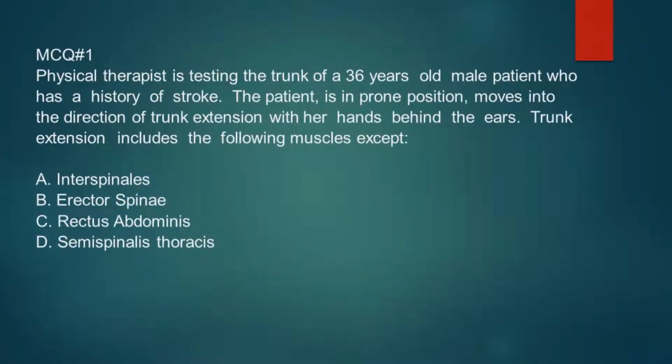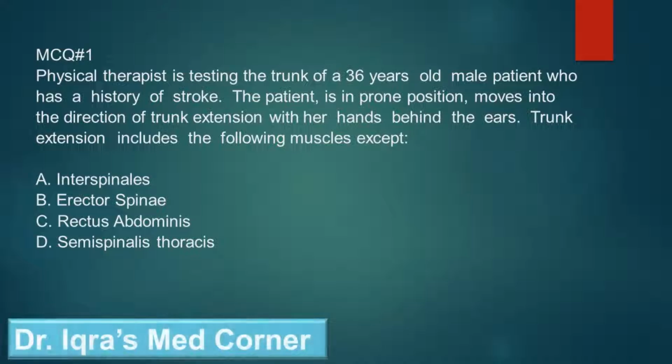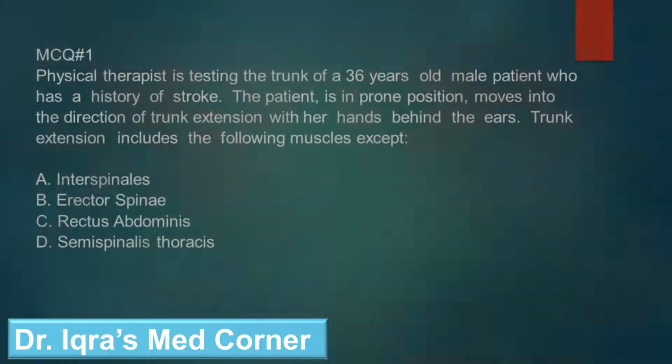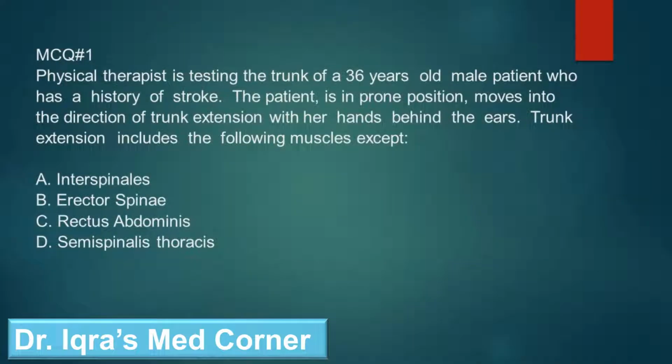The first case scenario we have: a physical therapist is testing the trunk of a 36-year-old male patient who has a history of stroke. The patient is in prone position, moves into the direction of trunk extension with his hands behind the ears. The trunk extension includes the following muscles. Option A, interspinalis. Option B, rectus spinae. Option C, rectus abdominis. And option D, semispinalis thoracic. And the correct answer is